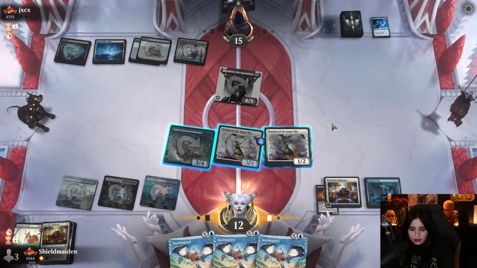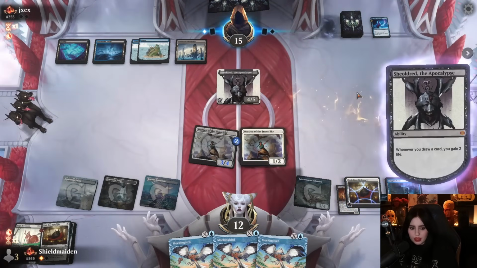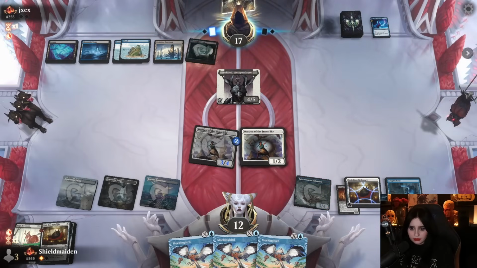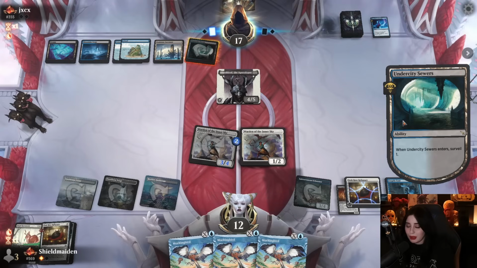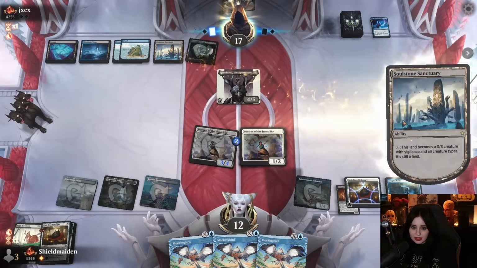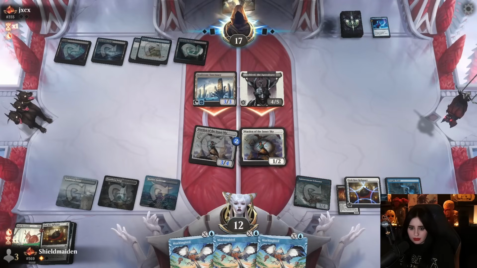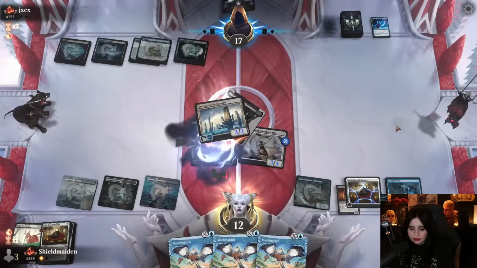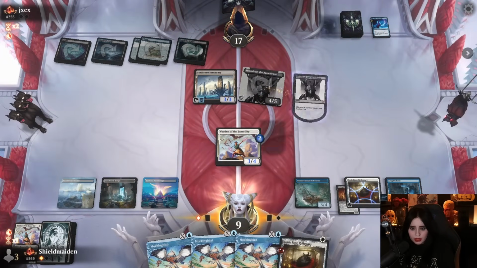Shouldered, count your days. Yeah, I think I have to chump it. Like, 12 life is a little awkward for me. I'd like to copy a Shouldered with a Mockingbird, but sometimes we can't get what we want, you know? Alright, Soulstone. Pressure is on. So I'm gonna block Shouldered with my Warden or chump it. Take 3, then take 5. But we're still doing it, so...